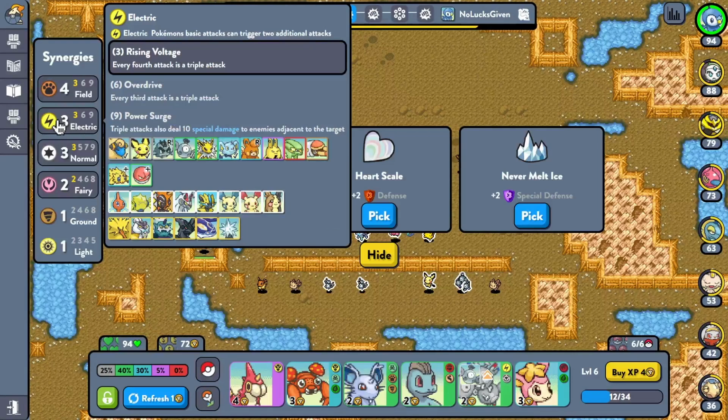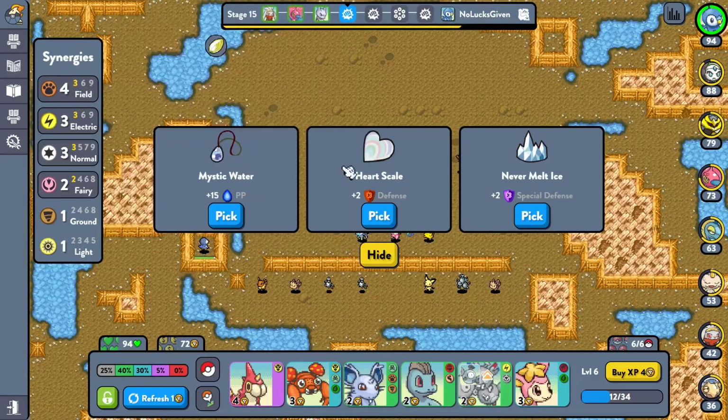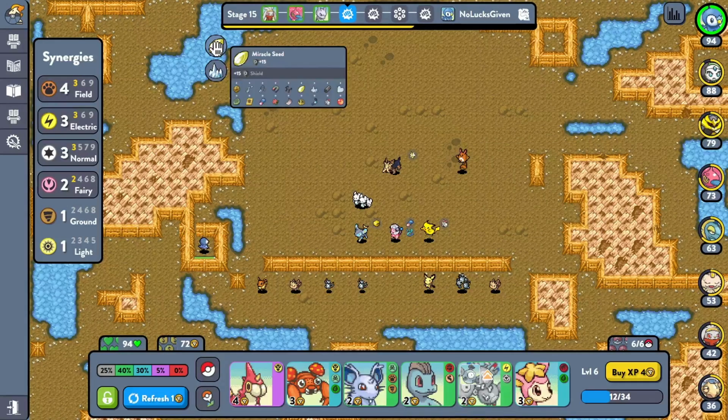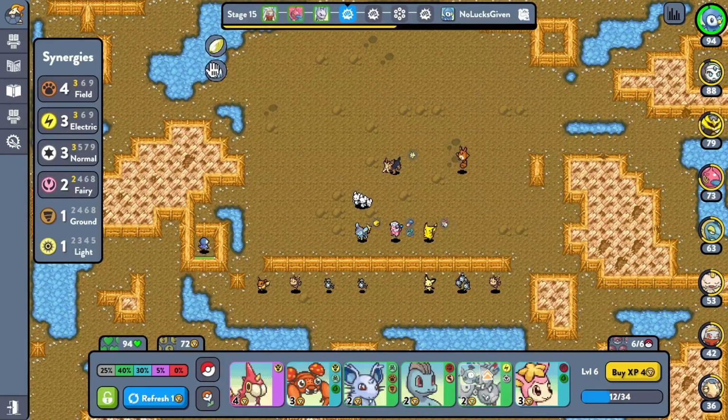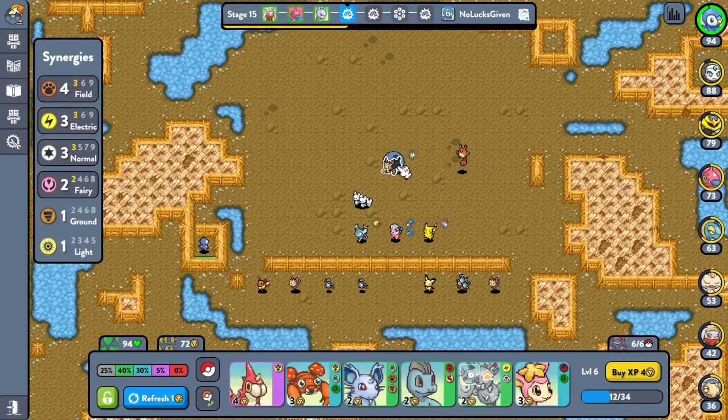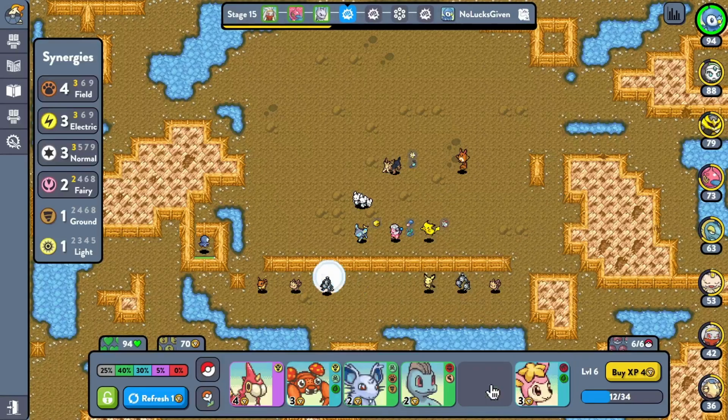It does seem like electrics, they want attack speed more than anything else, but I'll just pick up this. I don't know what any of these things do. This gives armor. So the one that gives armor and special defense would be good. I mean, it's good to have a tank as well. Now we have 2